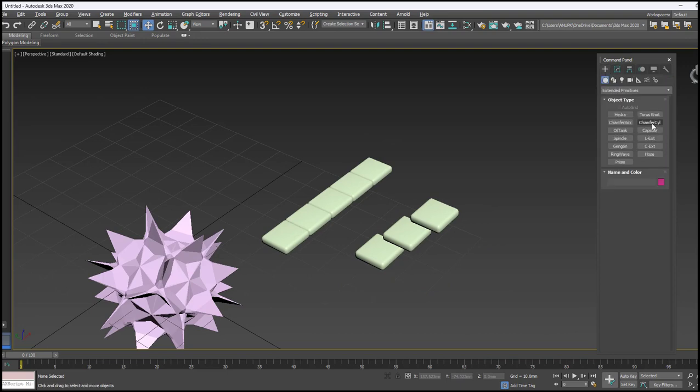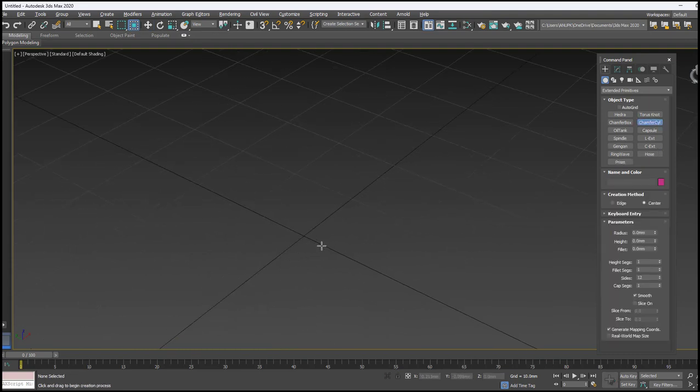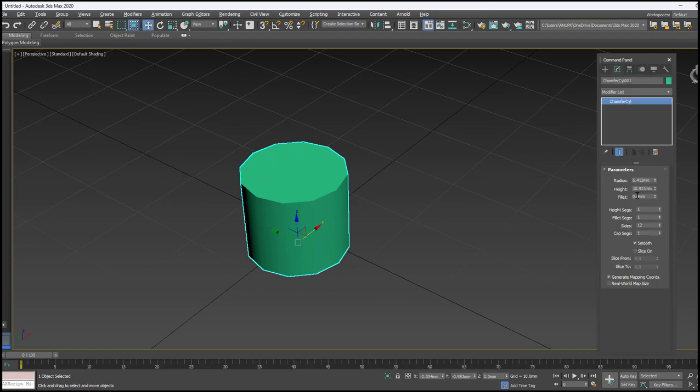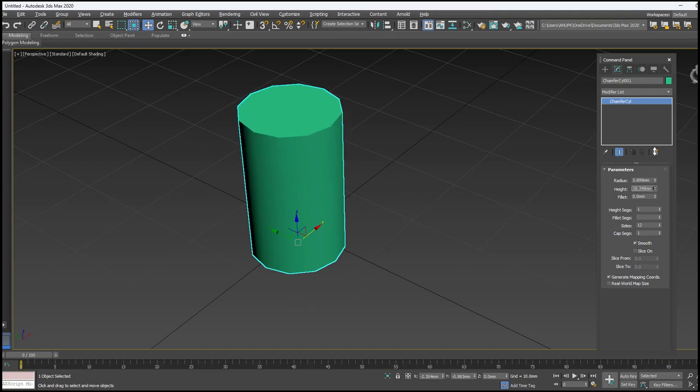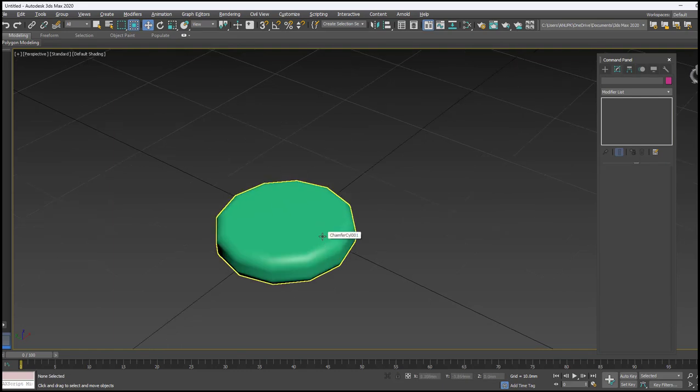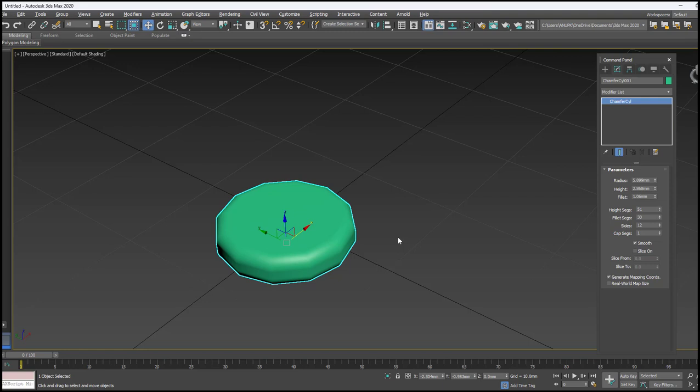Next we have is chamfer cycle. Delete all and create a chamfer cycle: center and radius, then height, and then give the chamfer. Click on modify: radius, height, fillet, reduce the height. Even you can go with the circular shape of the cushion and then increase the height segment and fillet segment to get the smoothness, and you can convert this into a pillow. In future you can apply extra smoothness to this in order to convert it into a pillow.